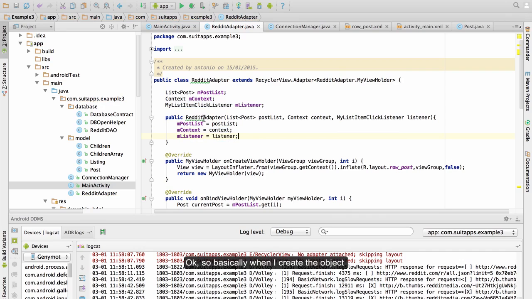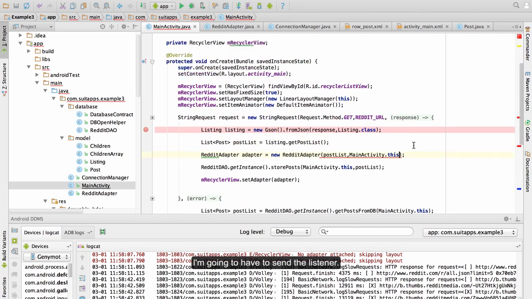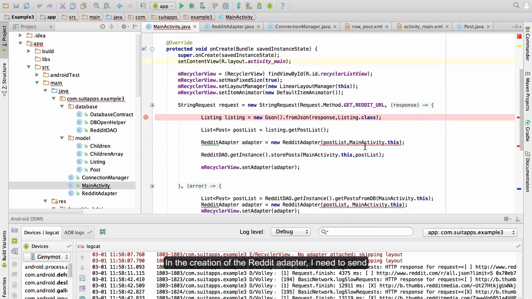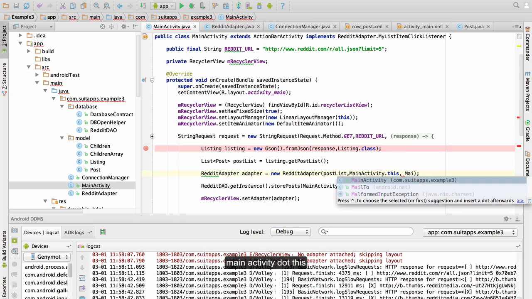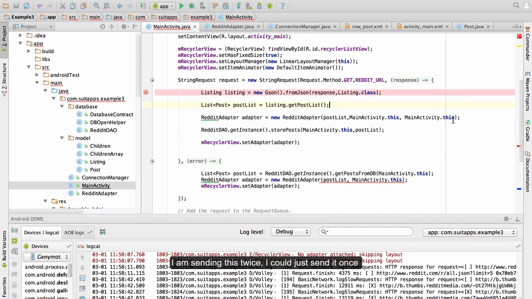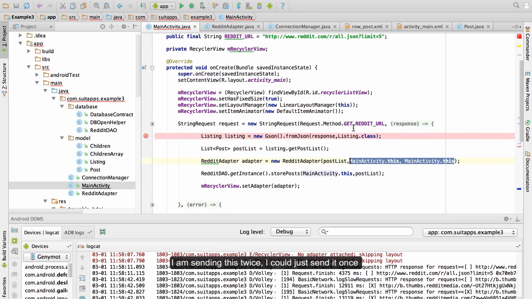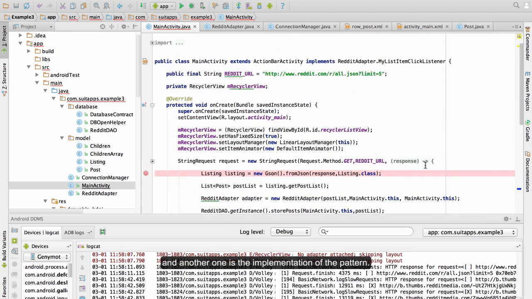So when I create the Reddit adapter object in the main activity, I'm going to have to send the listener. I need to send this instance of the class, so I'm going to send MainActivity.this. I am sending this twice. I could just send it once, but I am going to keep it twice so it's clear for everyone that one is the context and the other one is the implementation of the pattern.